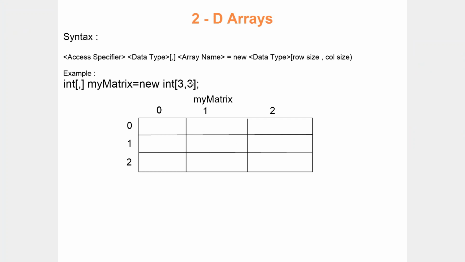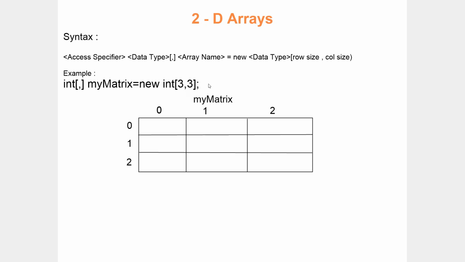Okay. I specified the dimension size, but you can give anything: 1, 3. It should not be 0. There should be at least one dimension. So if you specify it as 0, again it will become 1D. So there should be at least one dimension. So here I would like to have 3 rows and 3 columns.